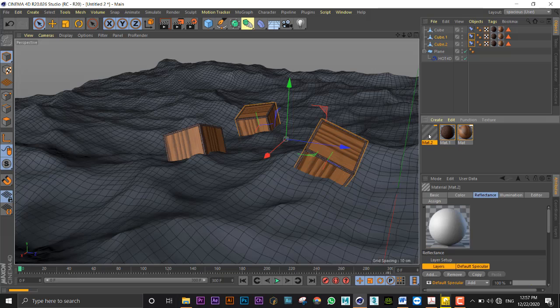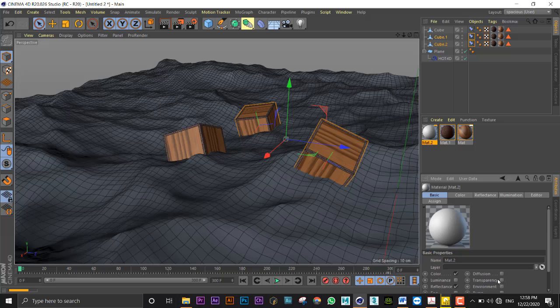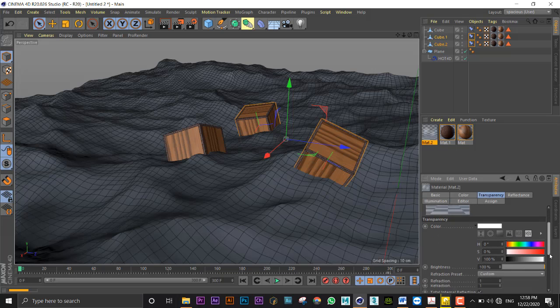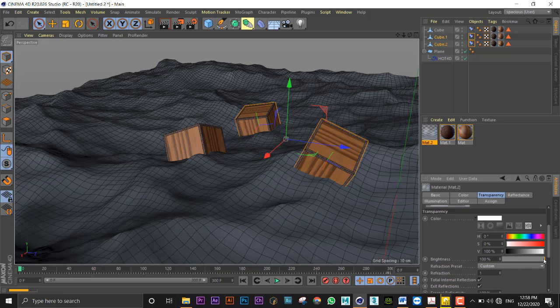Let's say I wanted to make this transparent, so going basic and activate transparency. Okay, so under the water transparency, I want to go into the transparency tab. I'm going to reduce it to somewhere around 95 or so. Then I'm going to make the refraction 1.2, which is the refraction of water, and that's how light passes through